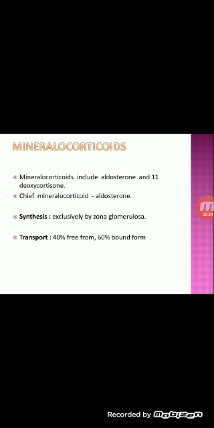So like many other steroids, aldosterone binds to a cytoplasmic receptor. The glucocorticoids bind to a receptor that is called the glucocorticoid receptor. Aldosterone binds to a cytoplasmic receptor and forms a complex that moves inside the nucleus, and there transcription takes place. So when transcription takes place, there is production of proteins that alter the cell function.